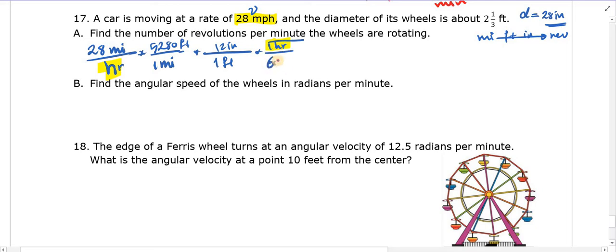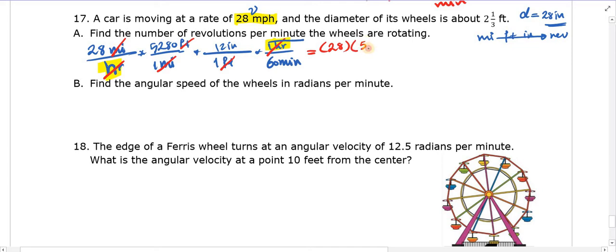And 1 hour is 60 minutes. I'm going to stop right there because I reached my minutes. Now, the miles are going to cancel with the miles, and the feet will cancel with the feet, and the hour is going to cancel with the hour. And then the final answer will be 28